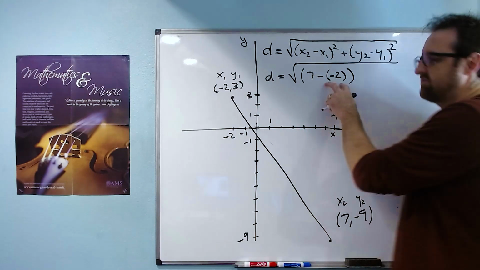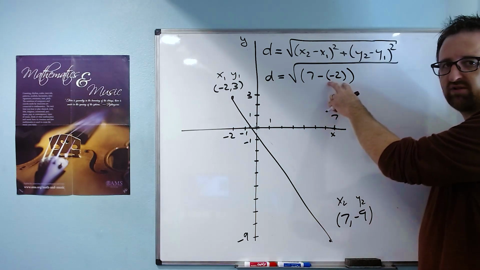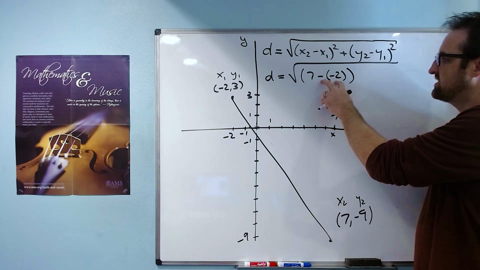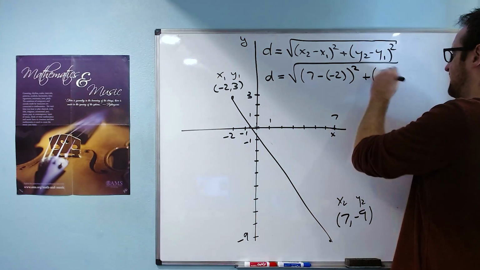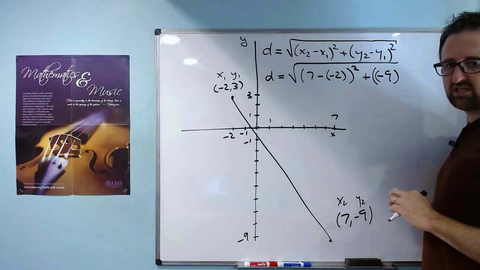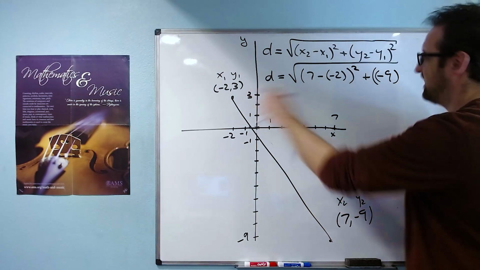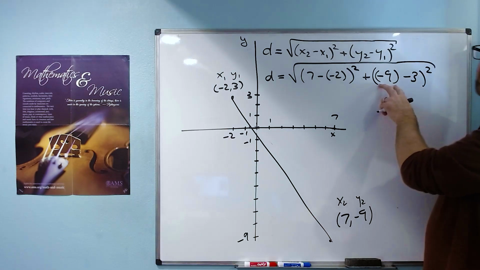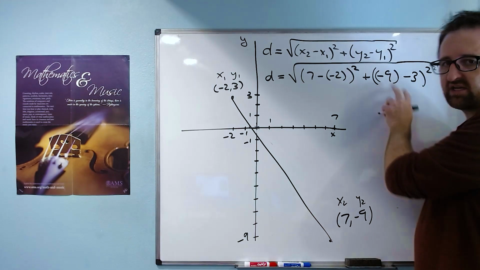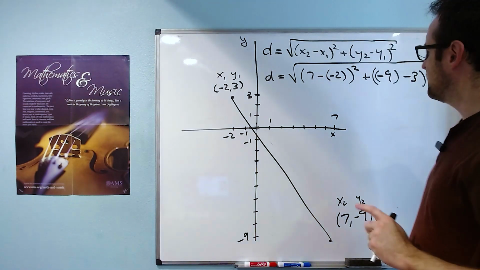So make sure whenever you plug in a negative number, you do it in parentheses so that you resolve this sign correctly. And then we'll put in a y2, which is -9. Like I said, you can put that in parentheses on its own. And then we're going to subtract the 3. Now that parenthesis doesn't actually do anything, but it's good practice to always substitute in using parentheses